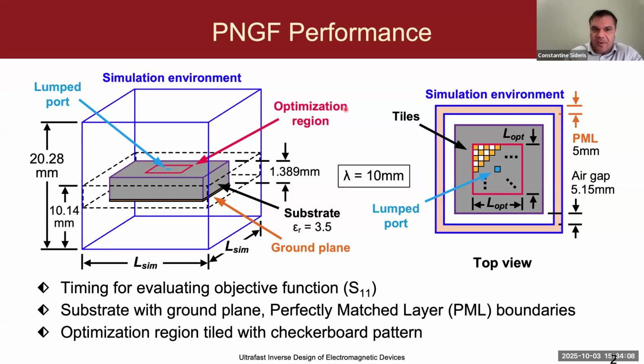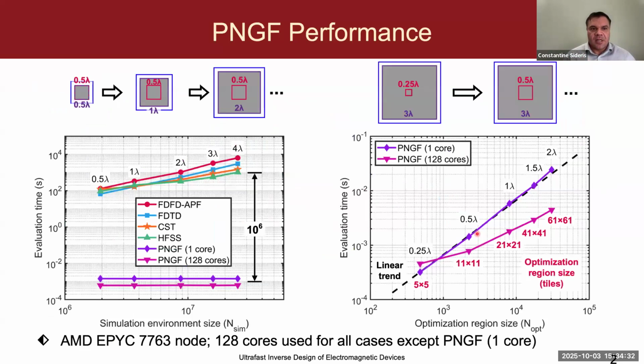And then the other example that we will consider is we will fix nsim and grow the size of the optimization environment, excuse me. In this case, we're fixing nsim and growing nopt. And we should see that flipping a tile, based on what I said earlier, we expect to have linear time complexity, order nopt, because we're just checking the objective function for a tile flip.